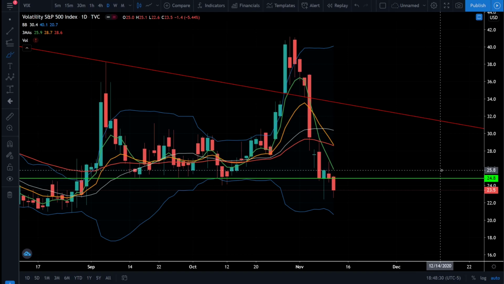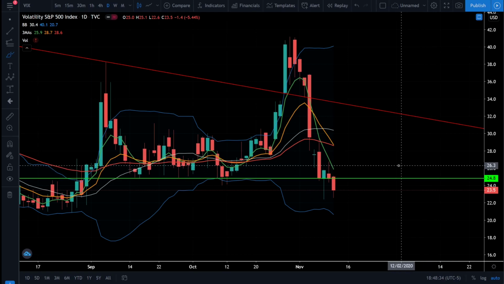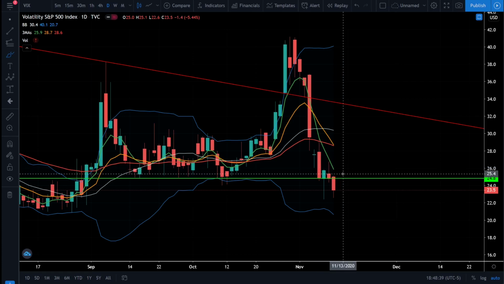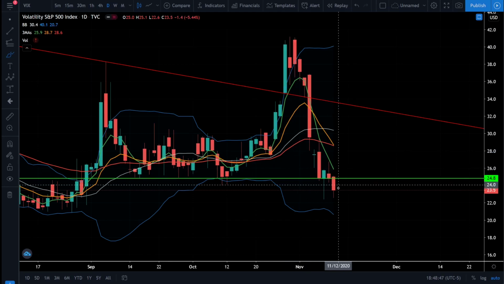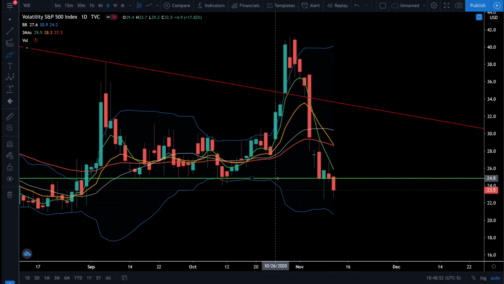Next up is the VIX, which is our fear indicator. And if the VIX is heading lower, we expect stock prices to continue to go higher. And that's exactly what we've been seeing with the VIX continuing to head lower. Like the stock market has been going up in a straight line, the VIX has been going down in a straight line. And we also see the VIX closing down over -5% today and closing below our support level at 24.8.